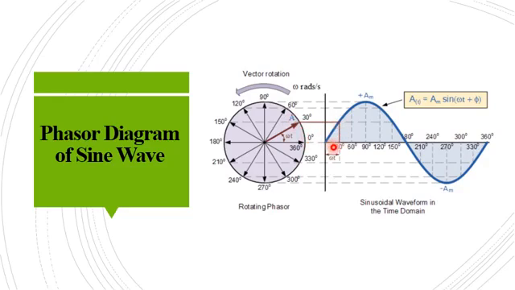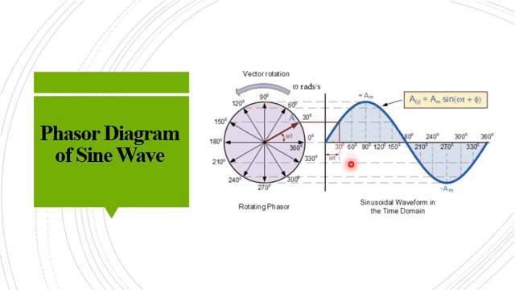Now if we want to draw the position of the phasor at omega t equal to 90 degree, what you have to do is rotate this. This is the 0 degree point. Then rotate this phasor 90 degree. So now my new phasor position is this one. This phasor will represent the value of the sine wave at omega t equal to 90 degree. The instantaneous value is Am. Here we can see that the projection on the y-axis is the complete length of the phasor, which is equal to Am.